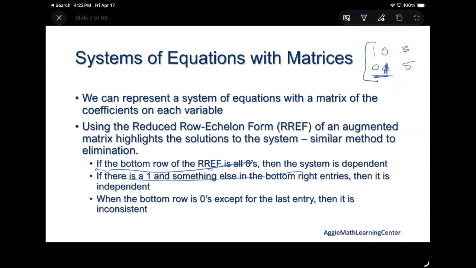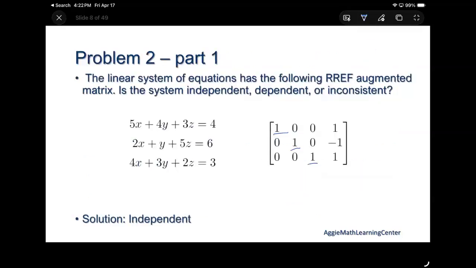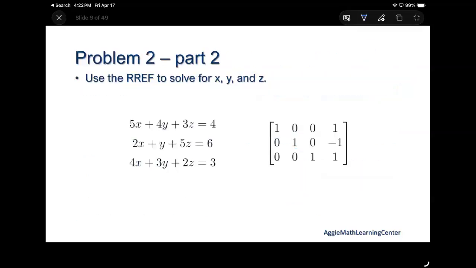If we see the bottom row is all zeros, then the system's dependent. If it's zeros except for the last entry, then we're inconsistent. So it's just knowing your three options. Okay, part 2. Now we have to use the reduced row echelon form to solve for x, y, and